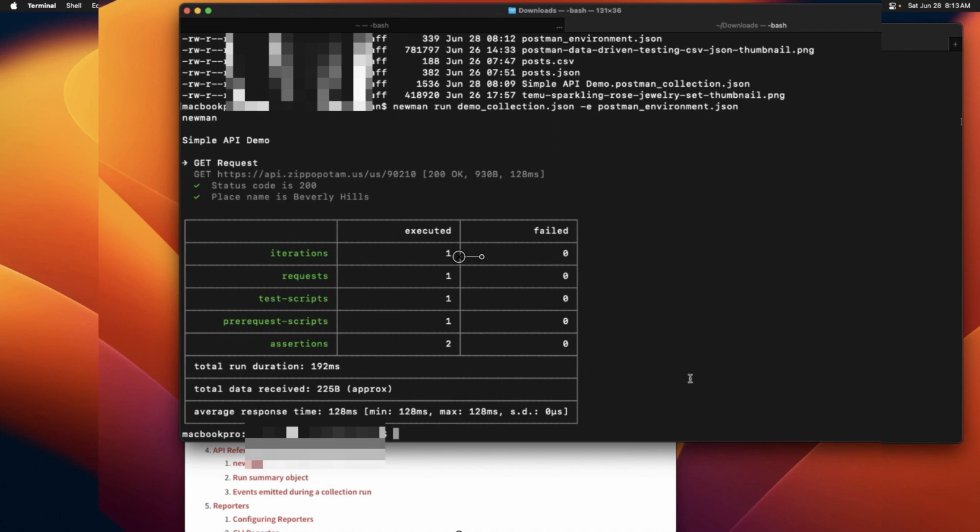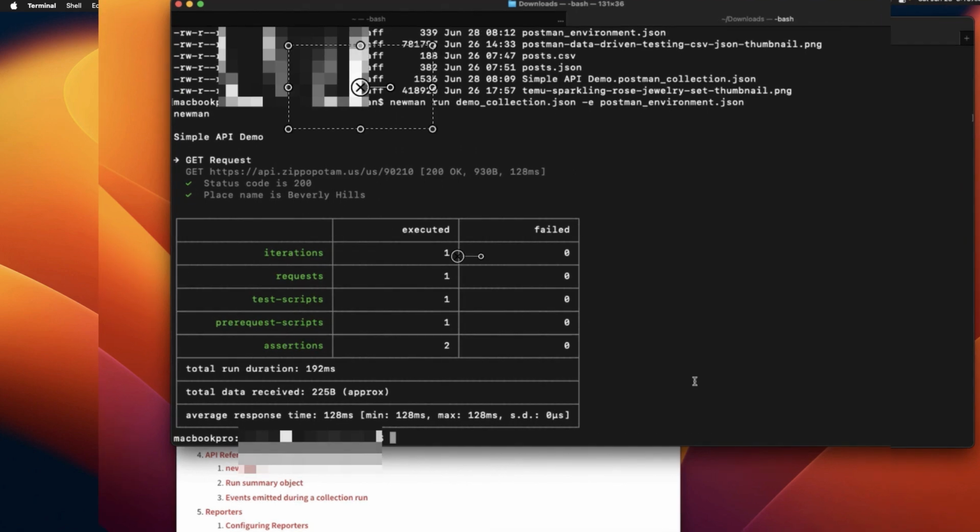So now it worked, and look at that, Newman ran through our collection which had one GET request. It got the response, it worked fine, and then you can see this beautiful summary table that shows each request, how many iterations executed, the request, the test scripts, the prerequisites and the tests we had, the 2